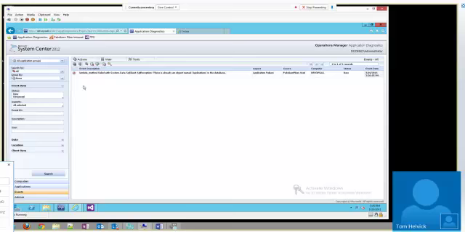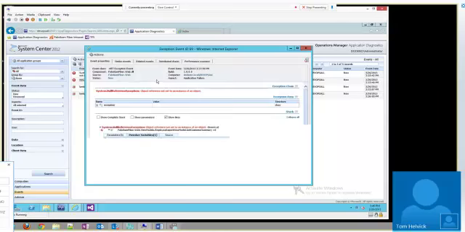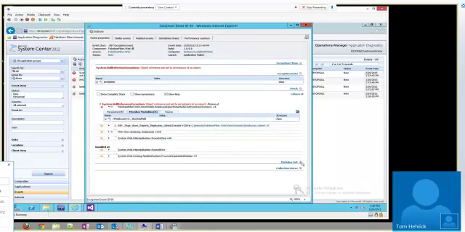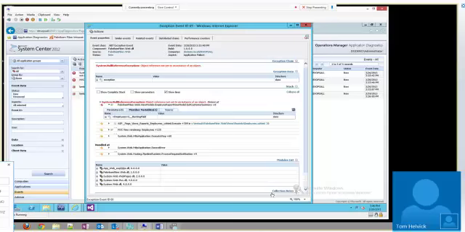So if I hit refresh on this, I see my error right here. MVC rendering, null reference exception. Again, this is the exact same event that we saw before, and I'm looking at it. It doesn't matter if I'm a developer or an operations person, I can get a bunch of information from this.